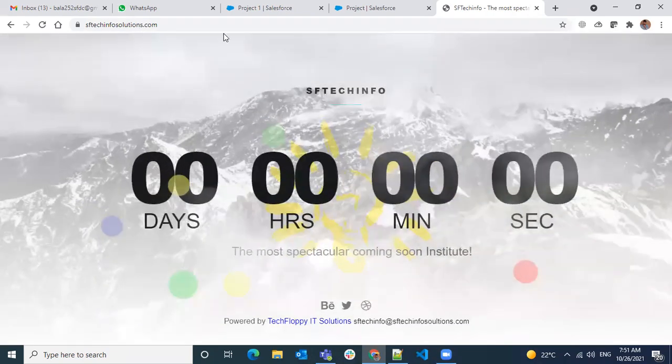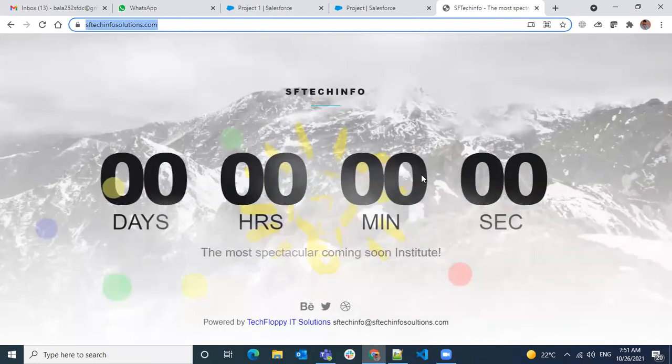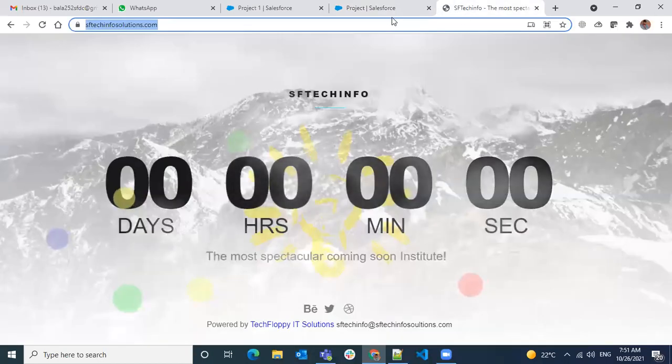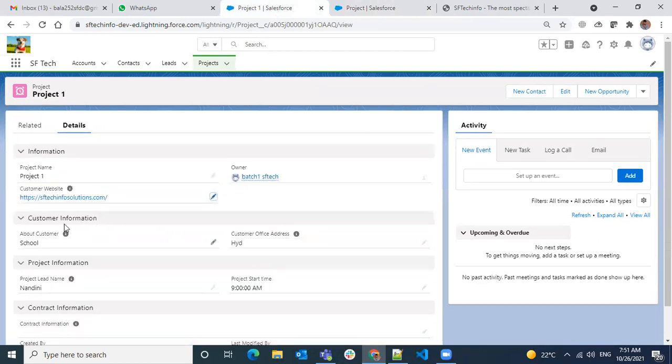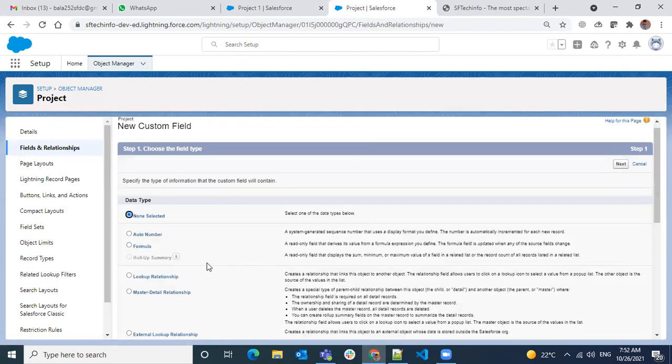Okay, so we are working on the website. So maybe in a few days you might access this. So I'm giving a website here and say you can directly use this link as a clickable. Okay, that's URL.